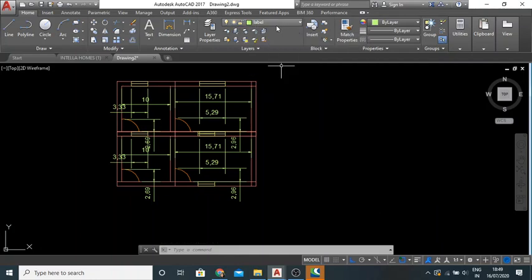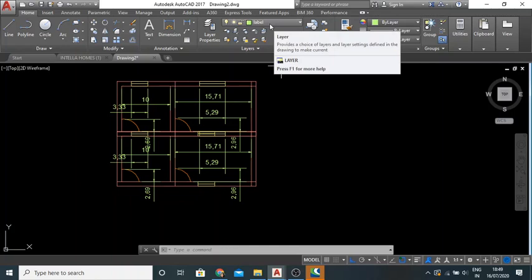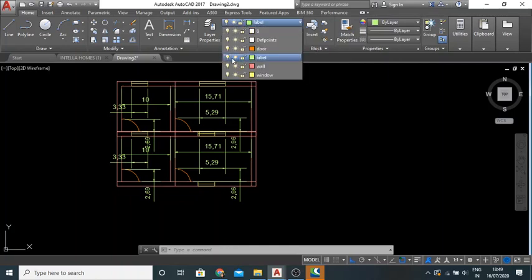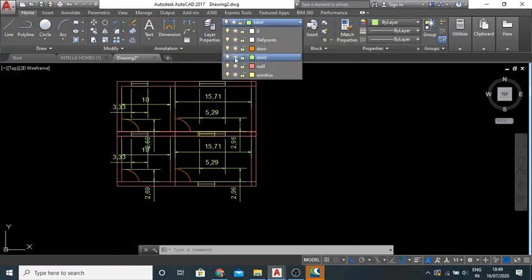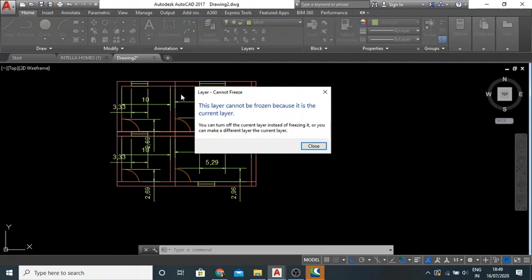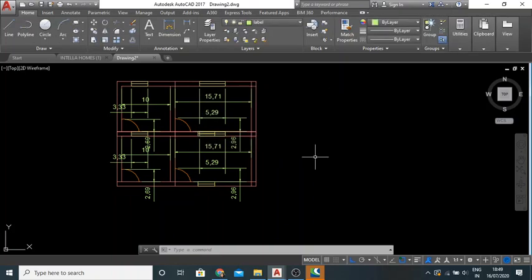The current layer can be turned off and on, but the current layer cannot be frozen. If I try to freeze the current layer, the message appears that the layer cannot be frozen because it is the current layer. So the current layer can only be turned on and off.